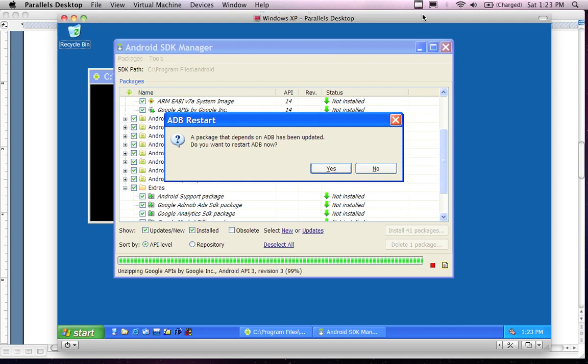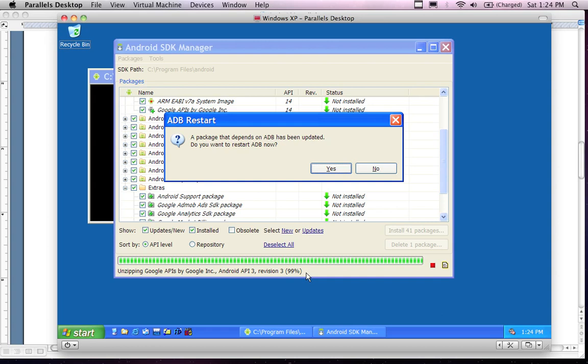Hello and welcome back to part 2 of the Android application development install. About 2 hours ago I stopped part 1 and now part 2 is starting, and it took about 2 hours, I guess, on my slow to average connection to download all of the different packages. And what happened here is now I'm at